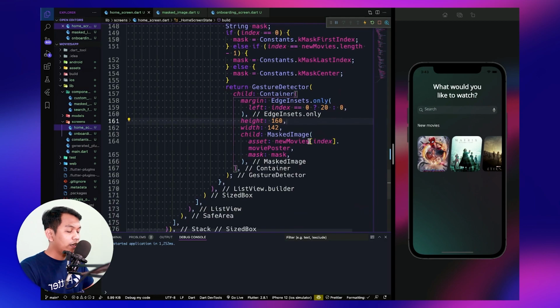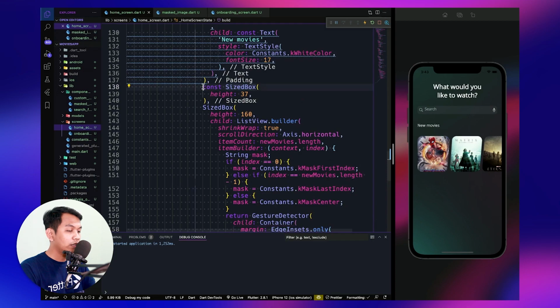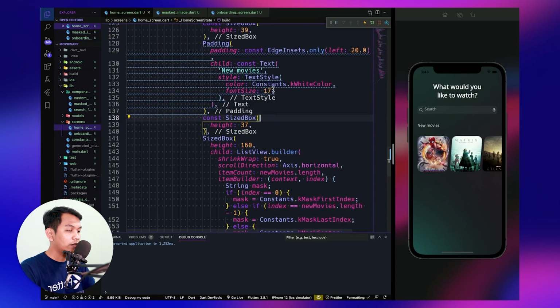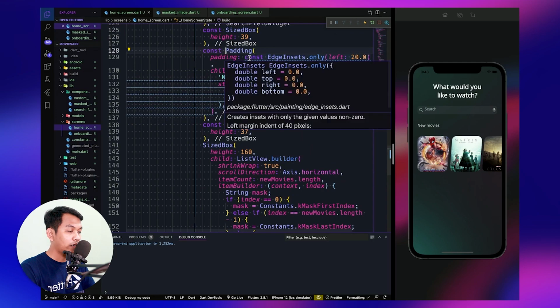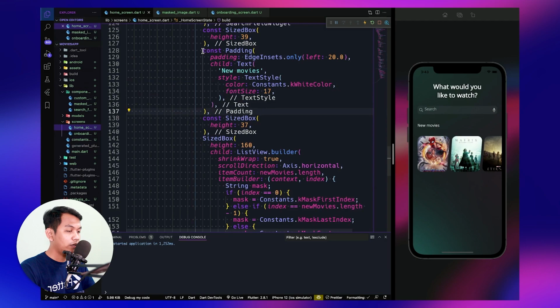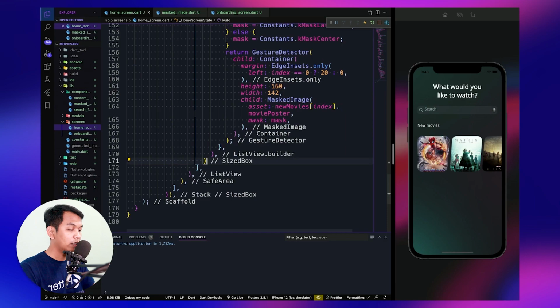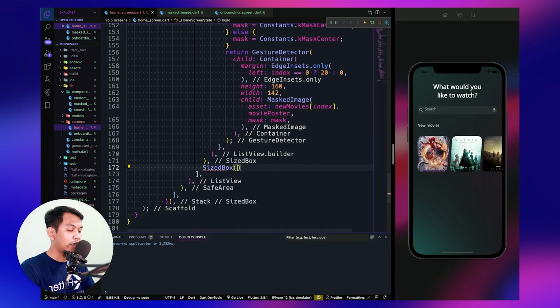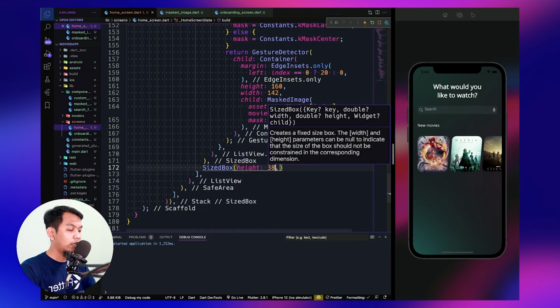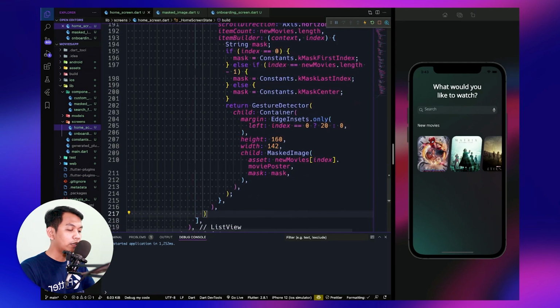Okay. And below, we need to copy this SizedBox and this padding, until the SizedBox, and copy this. Below our SizedBox, we will have a SizedBox again with the height of 38, and we will give const here. Give a comma and paste here.